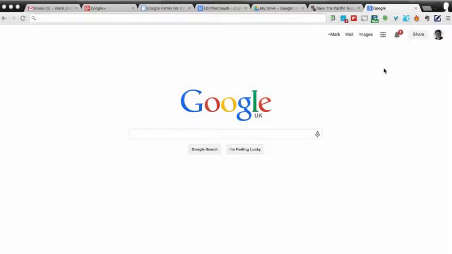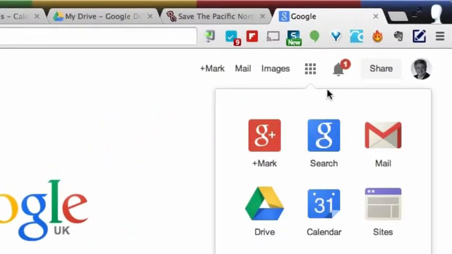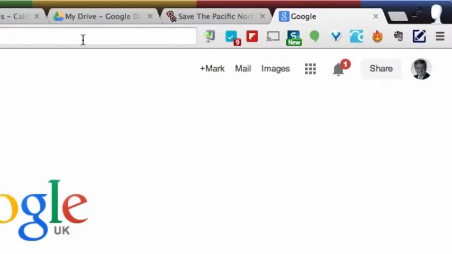In this video, we're going to be looking at creating and formatting a text document using Google Docs. To get to Google Docs, we want to go to Drive, which we can get to if we're already logged in by clicking on this little matrix of 9 dots and selecting Drive. Alternatively, we could type drive.google.com into the address bar of the browser, but since I already have the tab open,